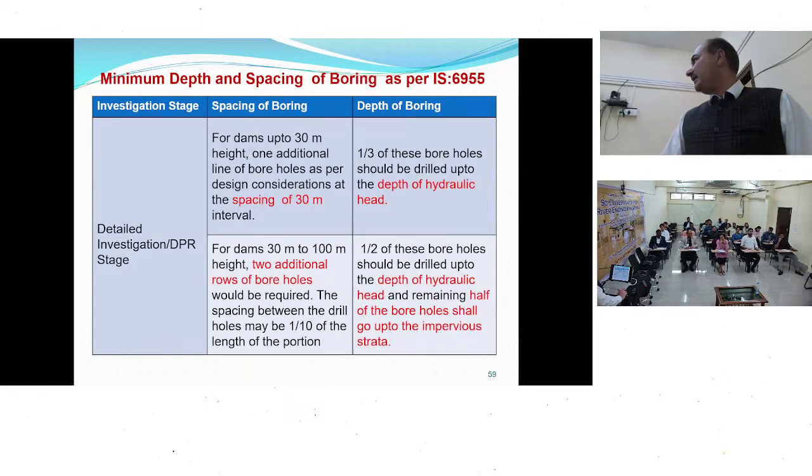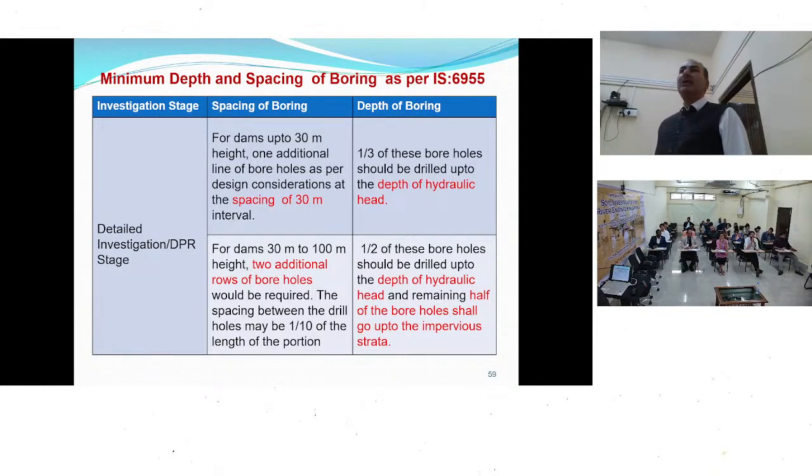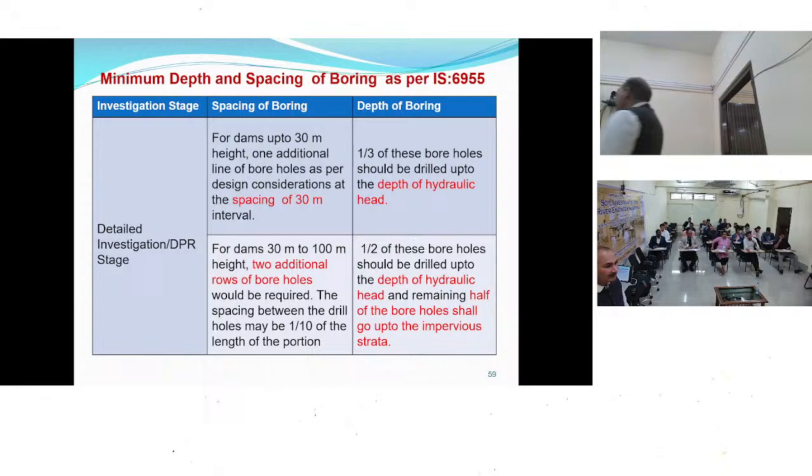But if you are in the DPR stage, now the investigation guidelines change. Up to 30 meter, one third of the boreholes should be drilled up to the depth of your hydraulic head. And above 30 meter to 100 meter, half of the boreholes should be drilled up to the hydraulic head, and the remaining half should go to the hard rock, your impervious strata. And what will happen if your dam height is more than 100 meter? It further describes that